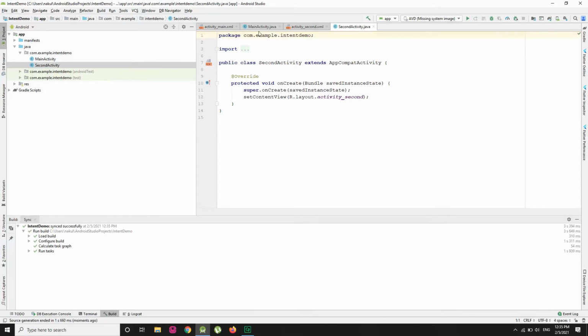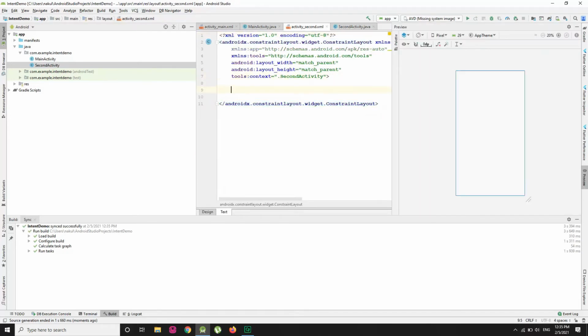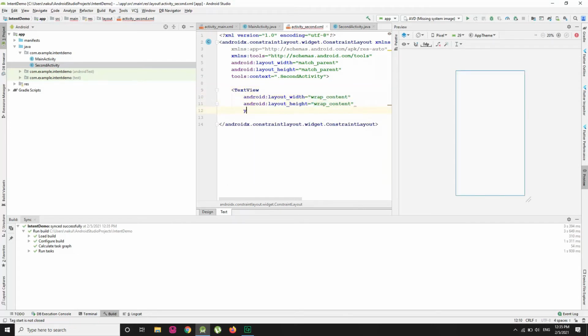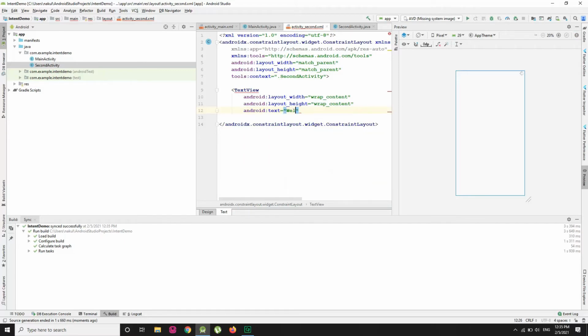So we have two activities here, which are main activity and second activity. Here I am going to write a message in a text view, that is, Welcome to